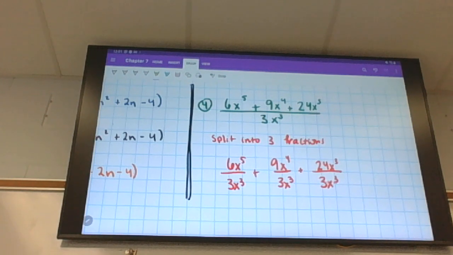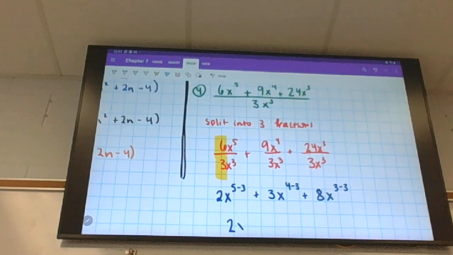Okay. So when I reduce 6 and 3, what am I going to get? 2x to the second. Yeah, so 6 over 3 is 2, and I'm going to go ahead and show what I'm doing. You don't have to show this subtraction. If you're figuring it out mentally, it's fine, but I'm going to subtract the top exponent from the bottom exponent. Yeah, so that's where you get 2x squared, 3x, plus